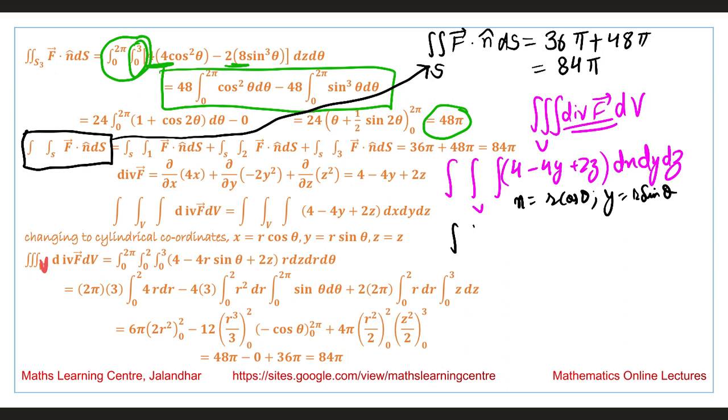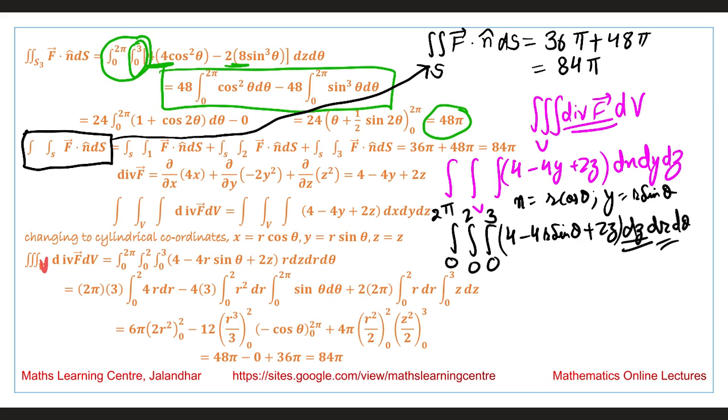This integral will become the triple integral of 4 minus 4r sin theta plus 2z, then we have dz, dr and d theta. The limits for z vary from 0 to 3. For the limits of r, the circle that we have has a radius of 2, so r varies from 0 to 2, and theta, being a complete circle, varies from 0 to